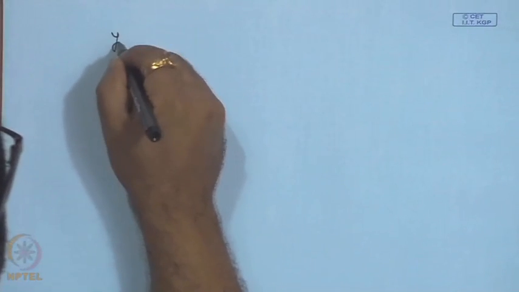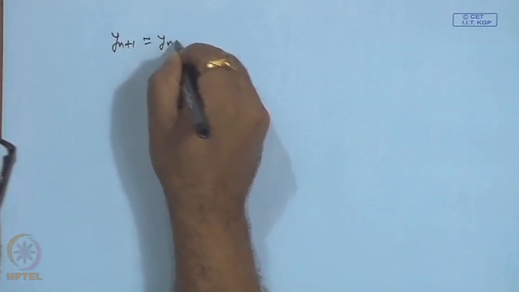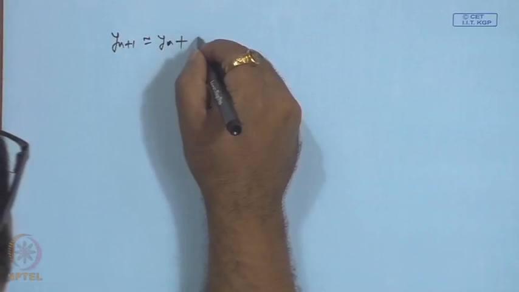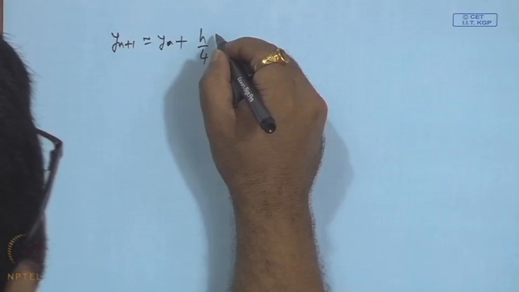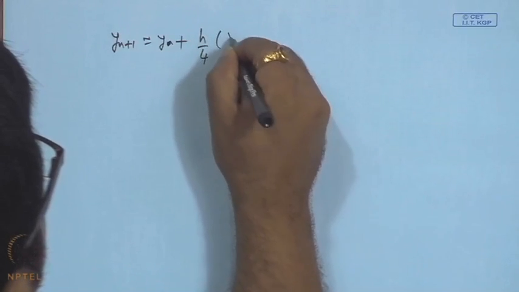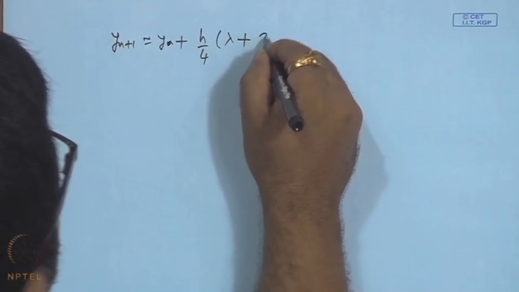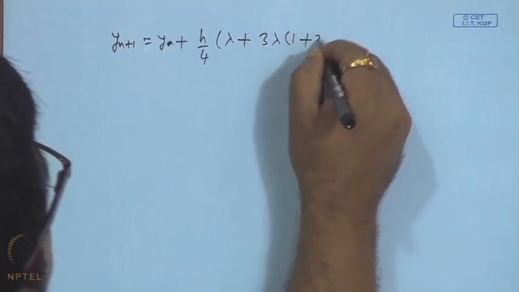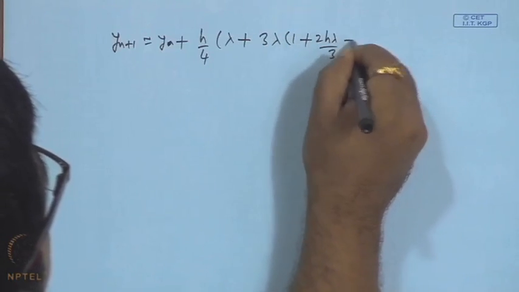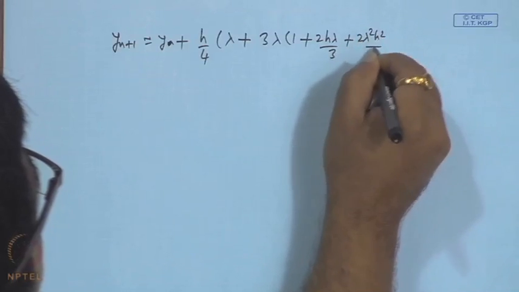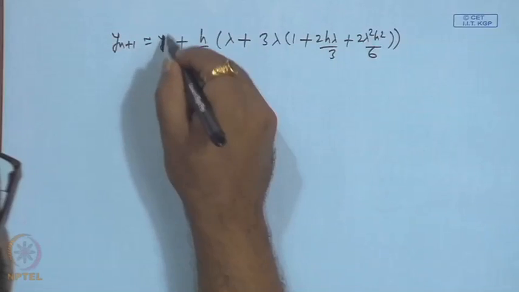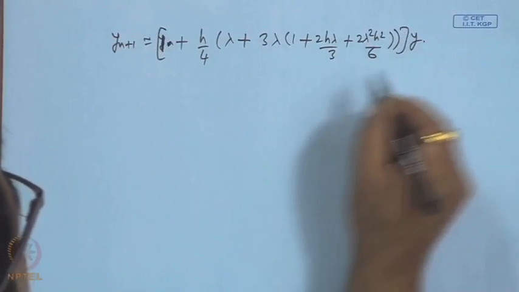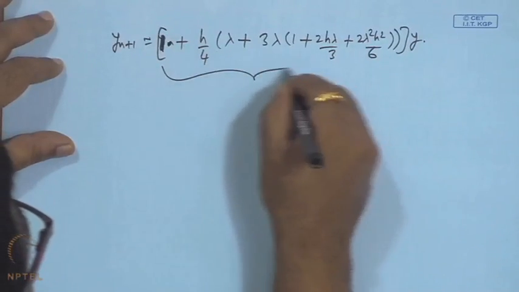So, this is for Heun's method. So, this is y plus h by 4, okay, h by 4 lambda plus 3 lambda 1 plus, so if you make this 1, so this is